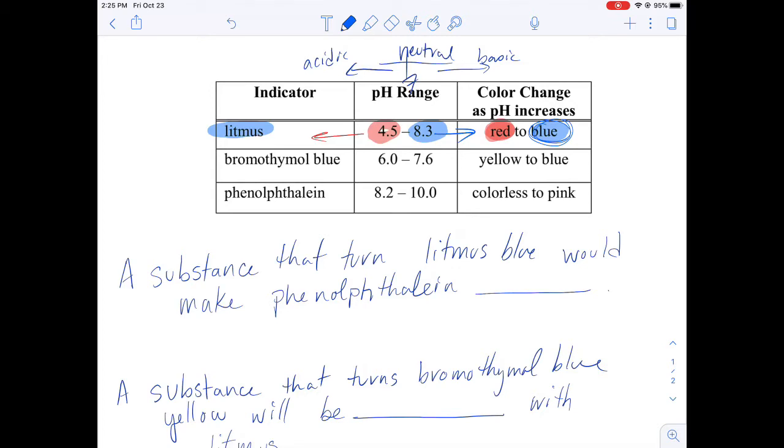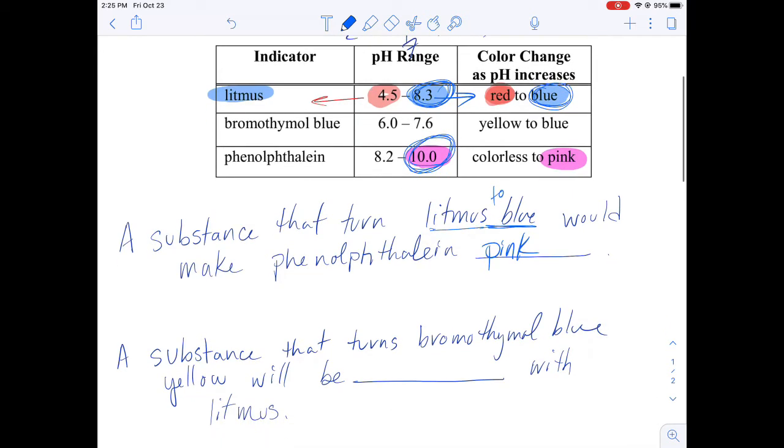A substance that turns litmus to blue, so maybe turns litmus to blue, would make phenolphthalein what color? Well, if we have the basic litmus, we would also expect phenolphthalein to be basic. And when this is basic, phenolphthalein is pink colored. So I'm expecting that this would be a pink colored solution if I had the same chemical, a base, in